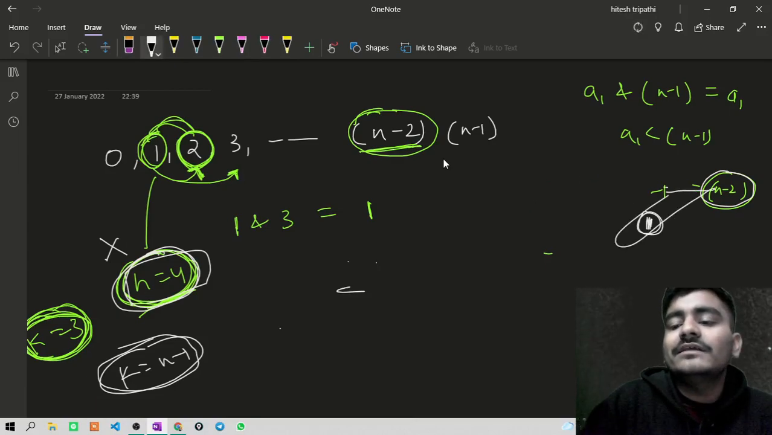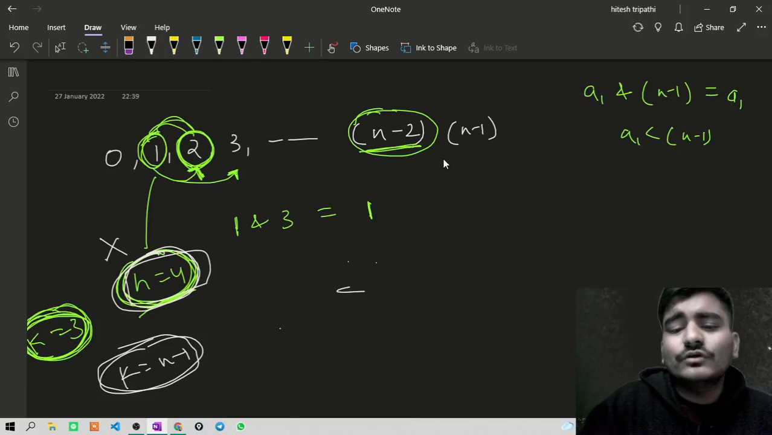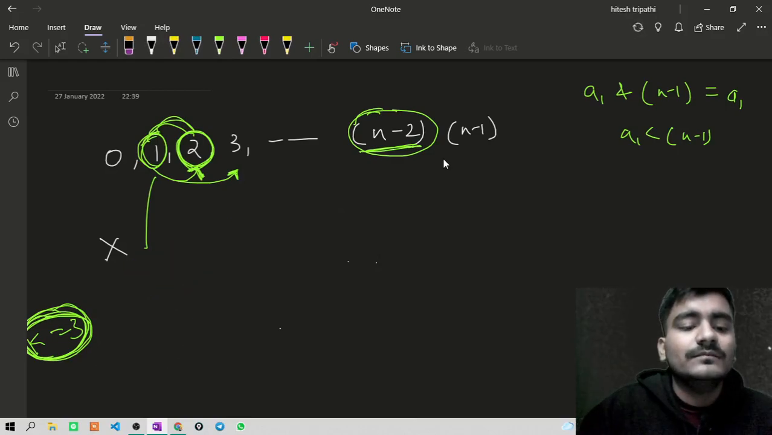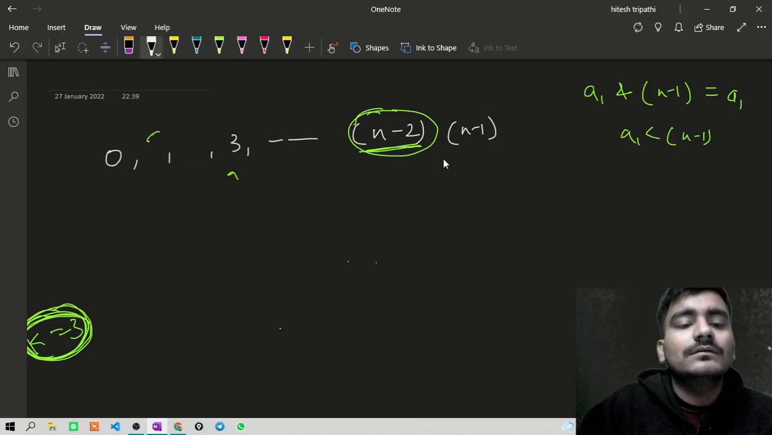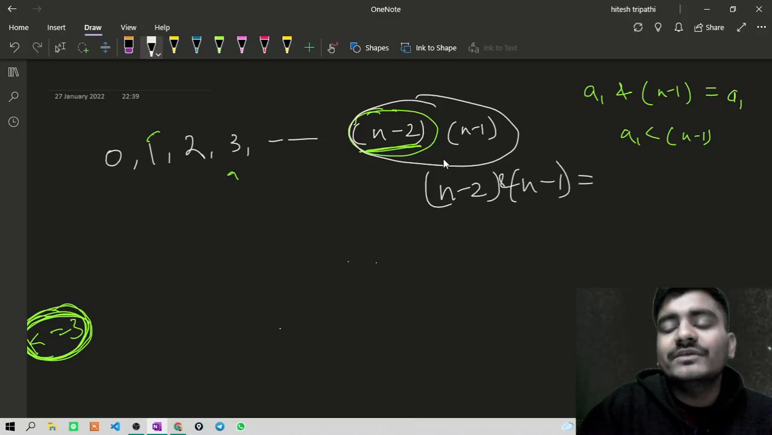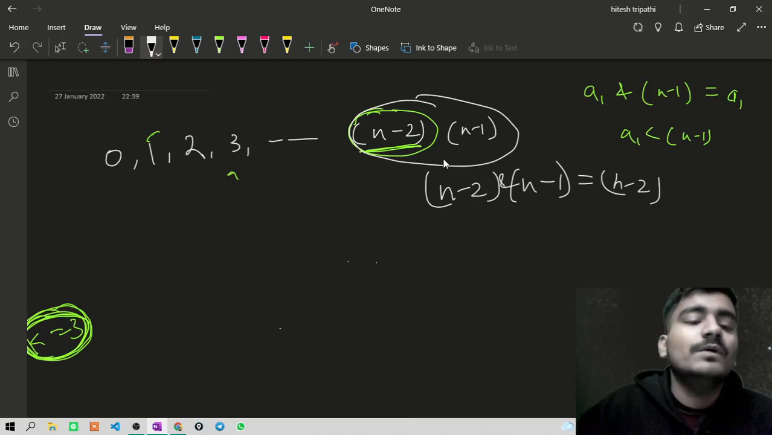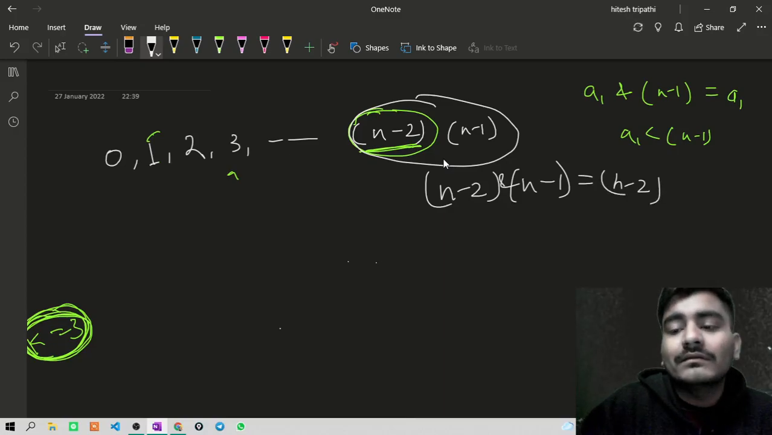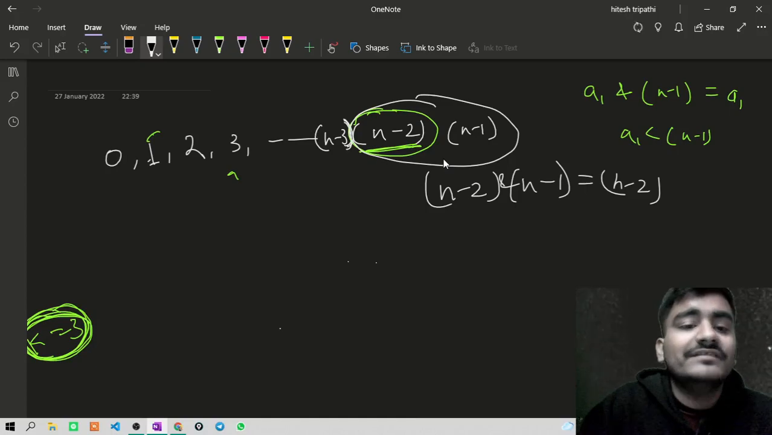For n greater than 4, I hope I have already told you the solution. What I can do is simply, I can make a pair with n minus 2 and n minus 1. Okay, and its bitwise AND will give me simply n minus 2. And for a 1, what I can simply do is take a number from the right side. Why? Because for